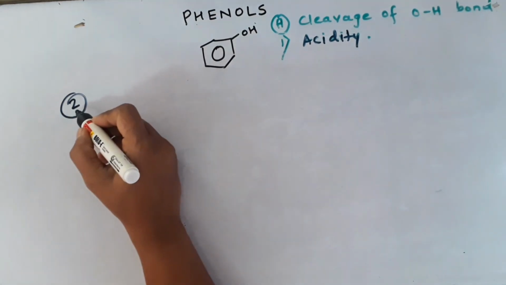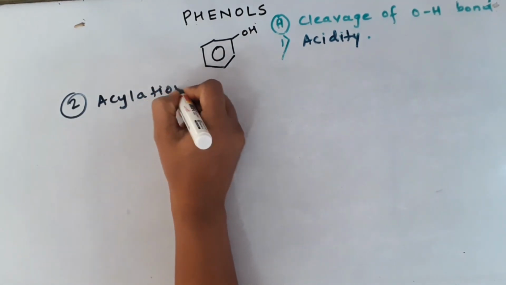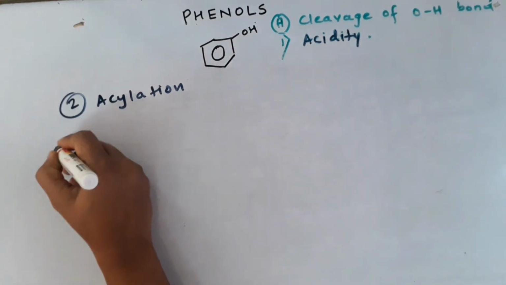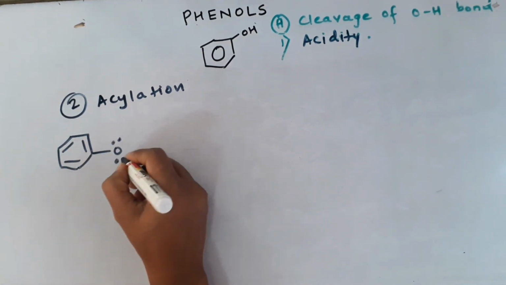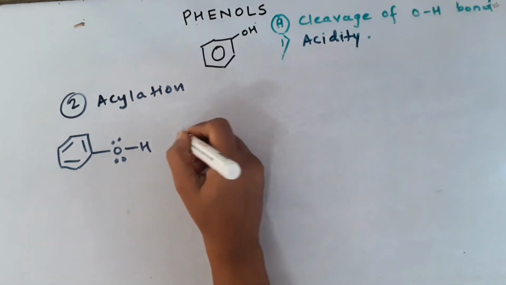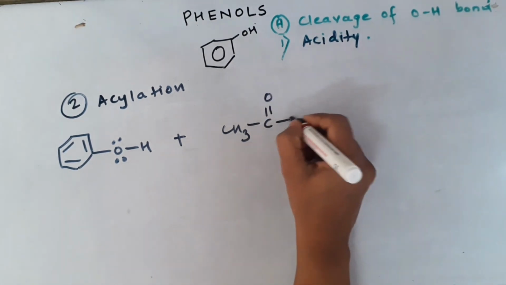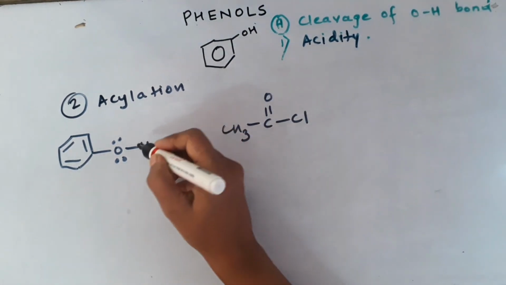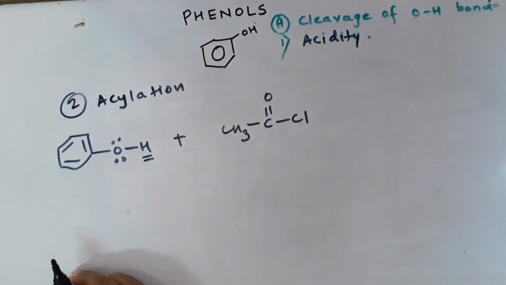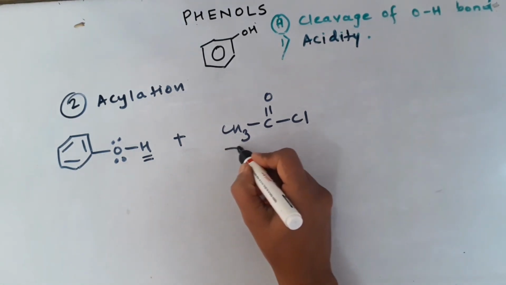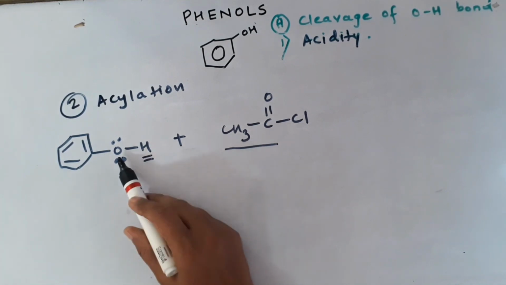Now the second type of reactions we will study, in which the OH bond is going to break, is called acylation. Now let us see how acylation takes place and what is the meaning of acylation. We have already done this topic in the alcohols topic, so it's almost the same. For acylation, we are going to choose the best acylating agent, that is acyl chloride, CH3COCl. Acylation is the process of replacement of hydrogen of alcohols or phenols by an acyl group, or we can say it is a substitution of hydrogen of alcohols,